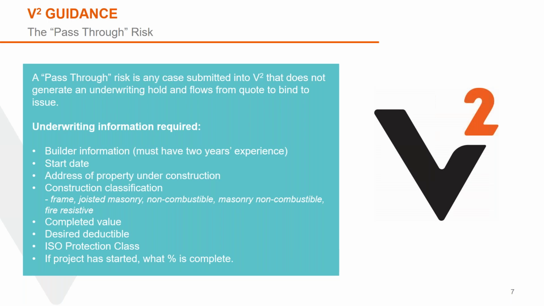To give you an idea, we have an agent in Tennessee, and one of the CSRs in the agency quoted, bound and issued a policy in 1 minute and 37 seconds. And that particular CSR issued 24 policies in one morning. So it can be done. It's very, very simple, very basic information, and we're very proud of that. So I strongly encourage you to go in and try V squared and keep us in mind for all your ground up new, $1.5 million or less coastal, $3 million or less inland. Give us a shot. I think you'll find the experience is a good one.